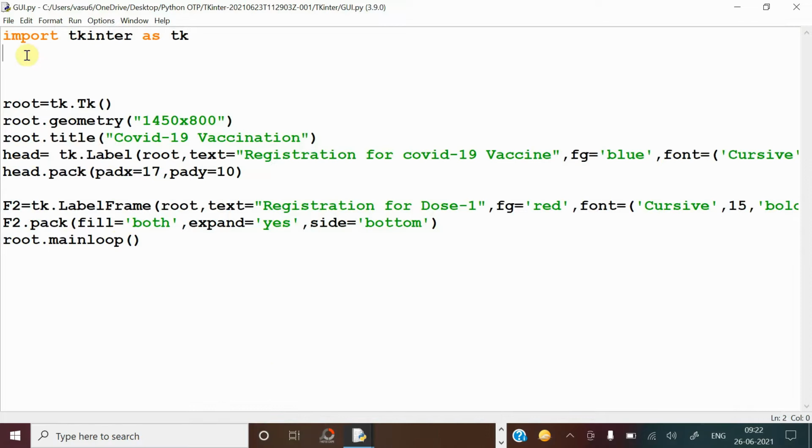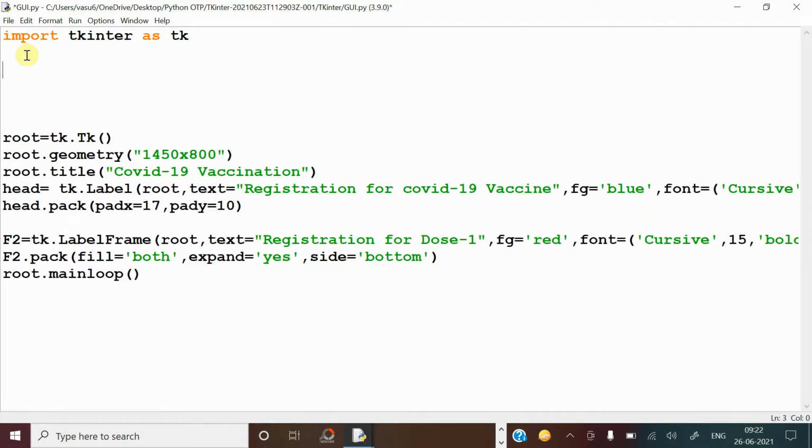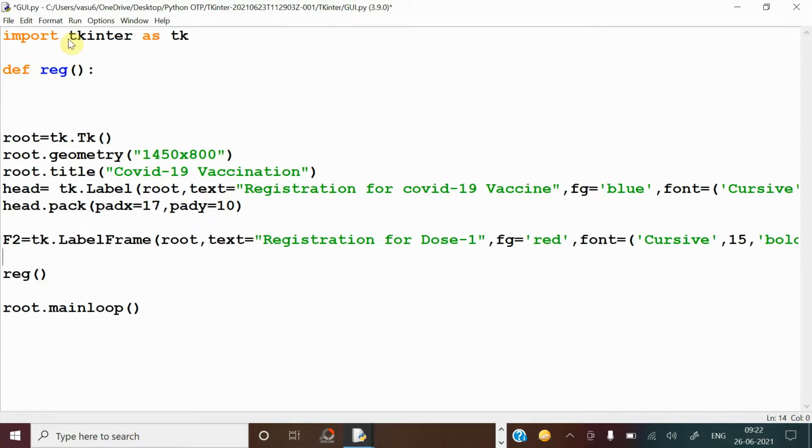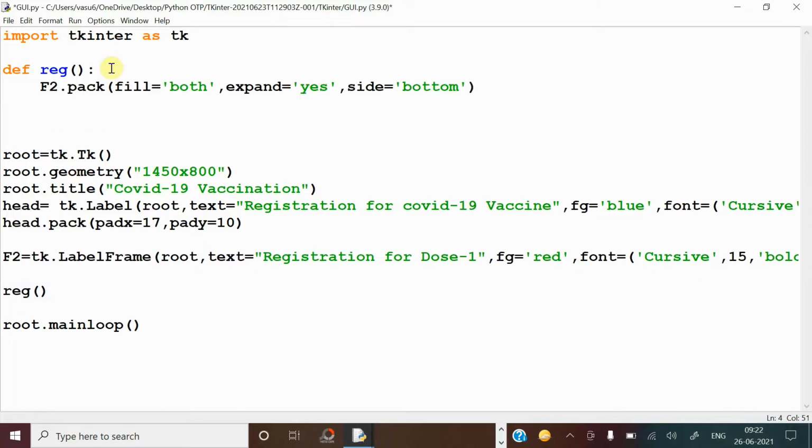So for that, instead of doing it plainly, define one function which can be called from here. Define registration. So this is the function. After creating the frame, just call the registration function reg. Now keep the packing also within this only.